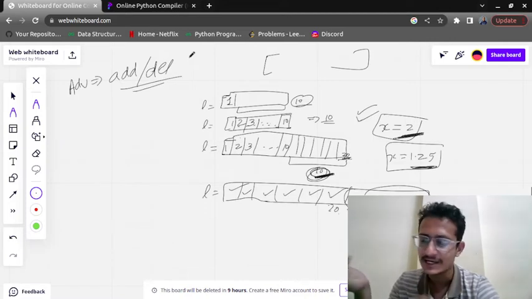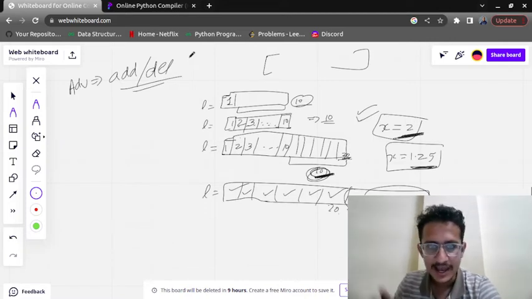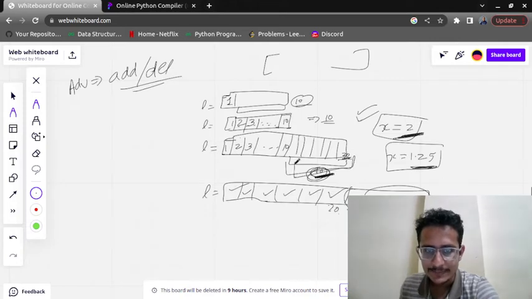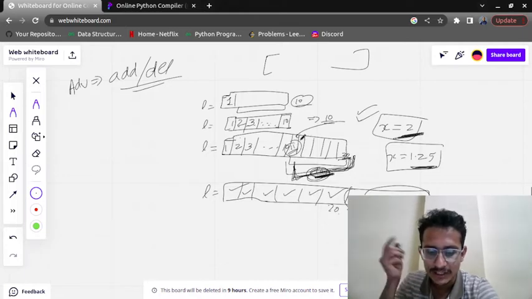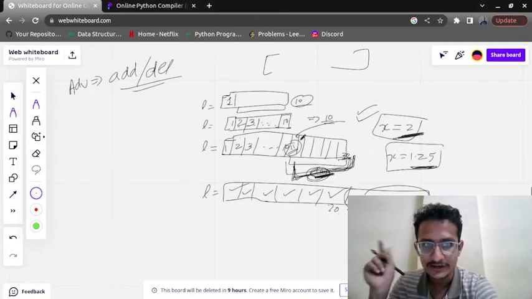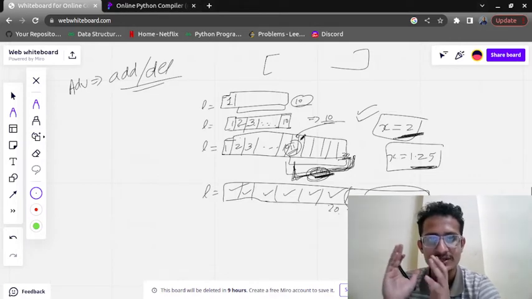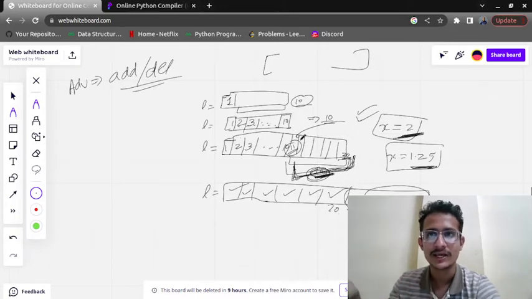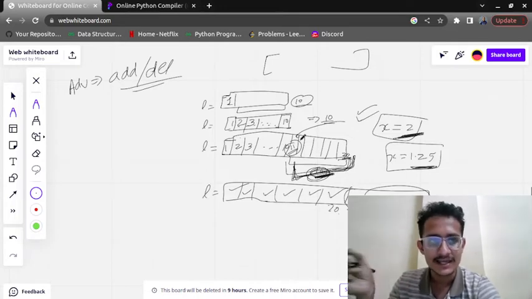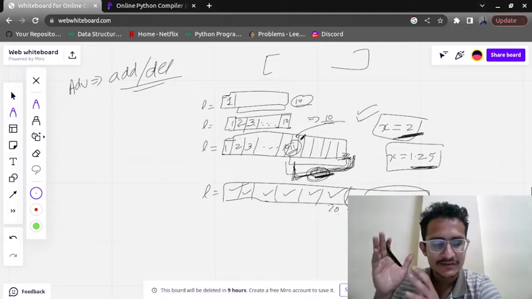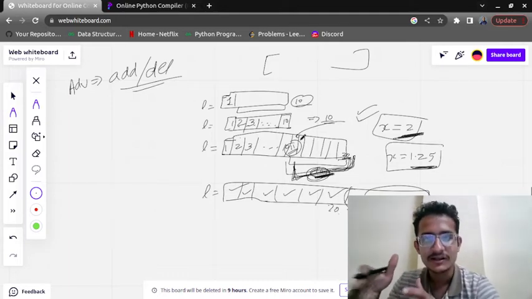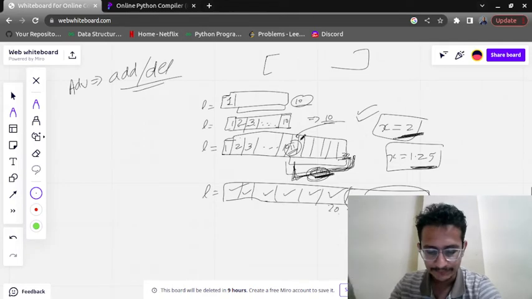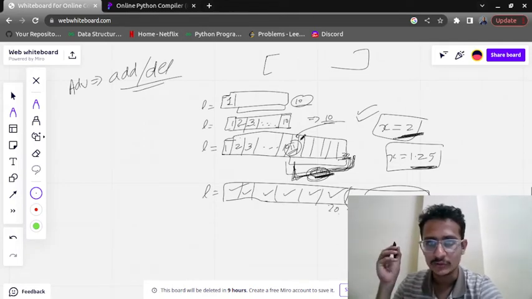Okay, dynamically you can increase the size, you can decrease the size, and it also pre-allocates some extra memory. So if it pre-allocates some extra memory, and you are going to add the 11th element, it will be done in a constant amount of time, so it will reduce our time. If extra memory is initially allocated, it doesn't have to search for the memory. So it will add the elements in constant time, and whenever it sees that space is filled, it will add more space.